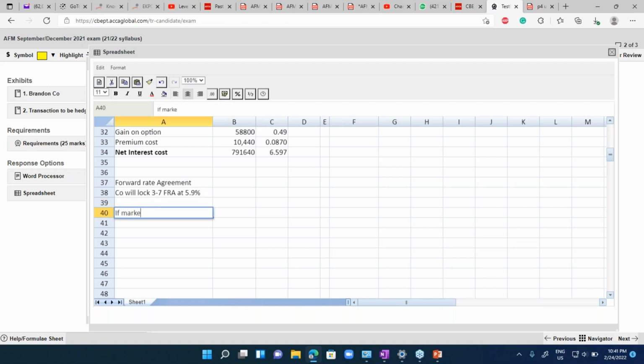If market moves to 6.6%, we have locked at 5.9, so we have a gain of how much? 6.6 minus 5.9. We have a gain of 0.7%. 0.7%. And actual borrowing cost is